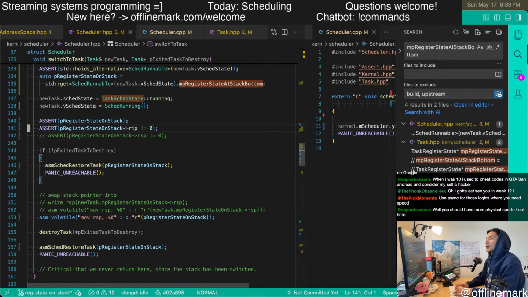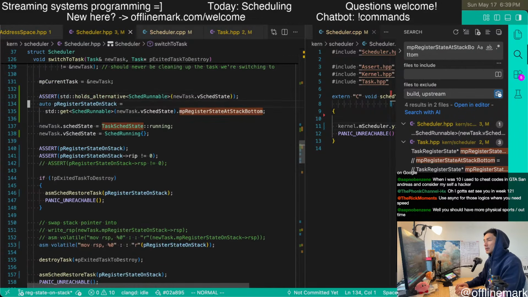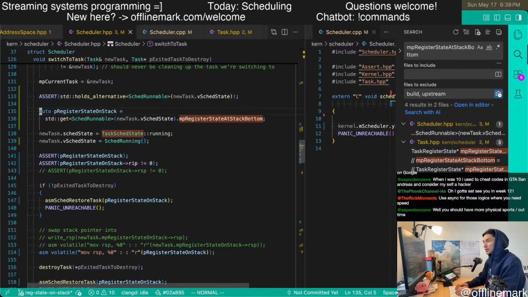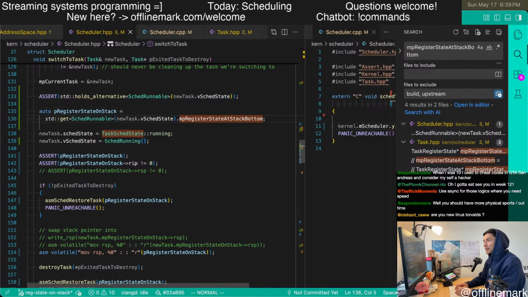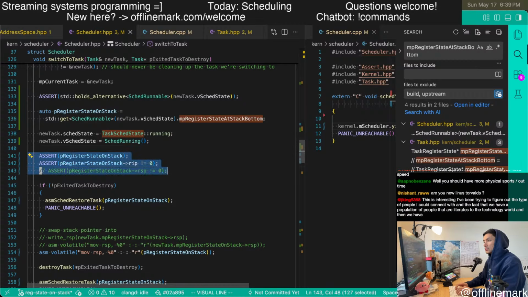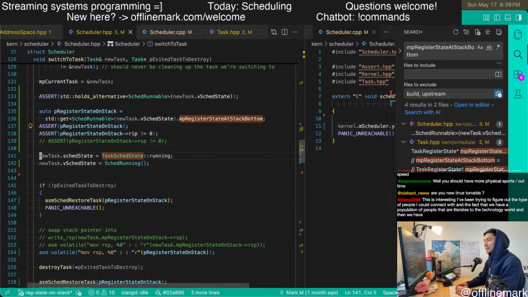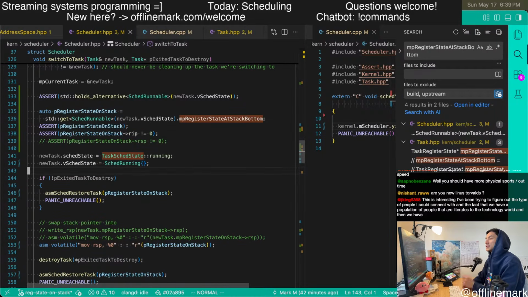Okay. And then just before we do anything crazy, after we have captured this pointer, then we are free to reset the state and officially make it running.